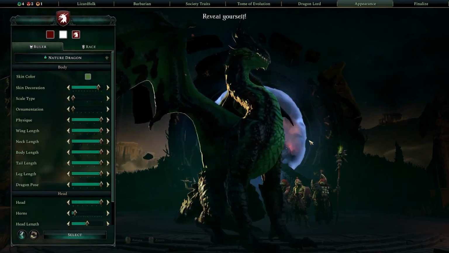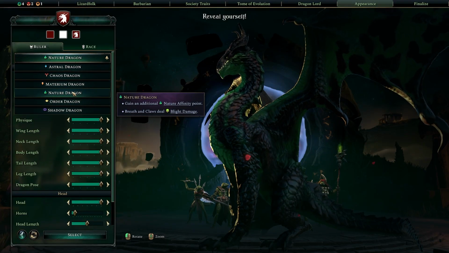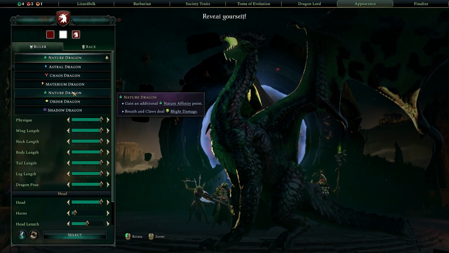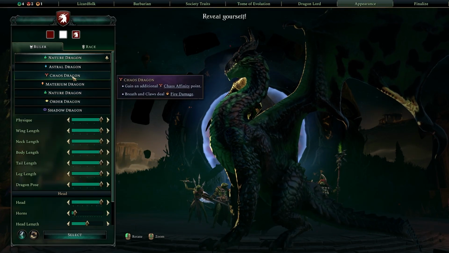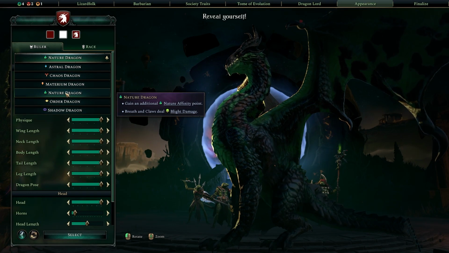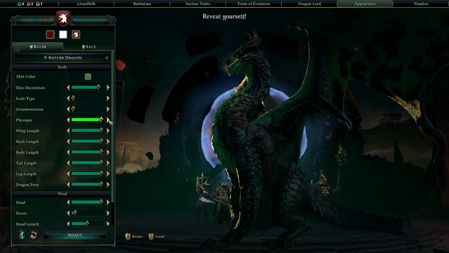I already kind of picked my dragon's appearance. I made this huge Giga Dragon here. I really enjoyed it. I decided to be a nature dragon, and that just felt like the right way to play with this lizard folk Tome of Evolution build. I do think a chaos dragon could work quite well here, but nature dragon is what I'm going to go for. So his breath and claws will do blight damage. He has a nature affinity, and there's a whole bunch of stuff you can